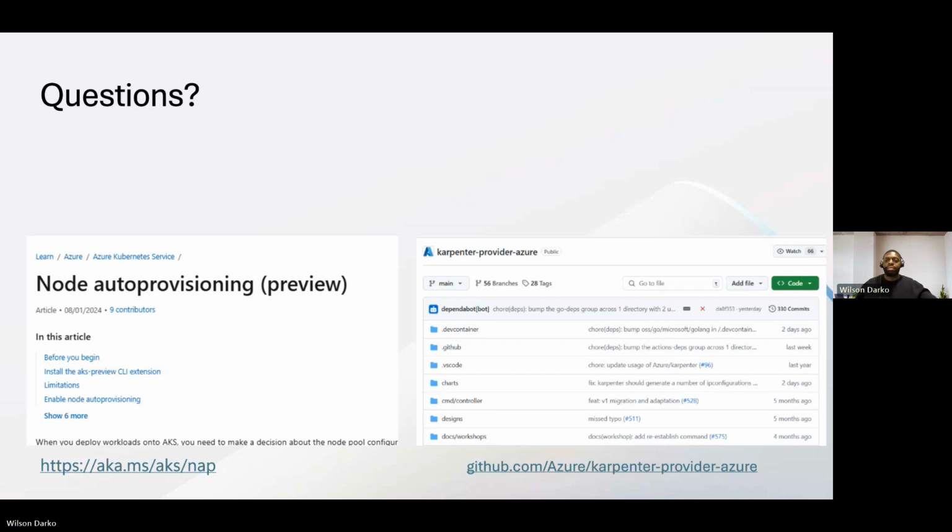Yeah. And we got one other in the Q&A. And we put limits on that, I guess, to make sure it doesn't over provision. Yes, you can set limits on caps or minimum amounts of nodes that NAP would provision. And it also works, as I mentioned, with affinity rules, anti-affinity, PDBs, and the like that you set.